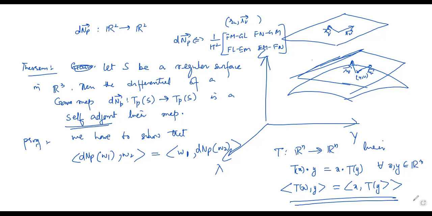Now, okay, now where are these vectors? They are in my tangent plane. They are in T_P S, right? For all W1, W2 belonging to T_P S, the tangent plane of the surface at the point P। ठीक है, अगर ये मैं दिखा दिया तो इसका मतलब ये सेल्फ एडजॉइंट है।